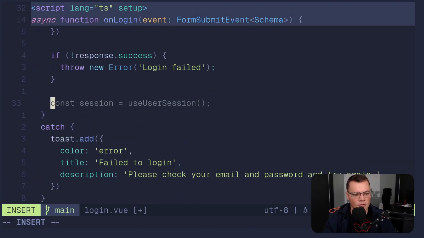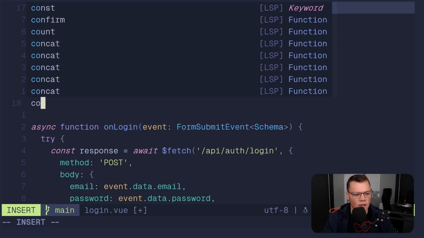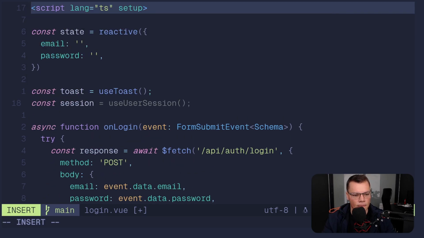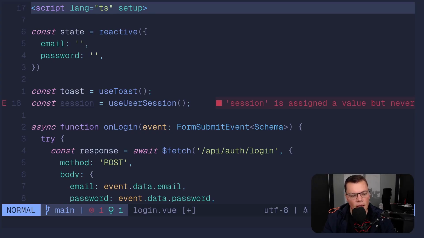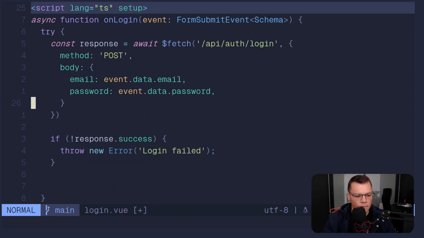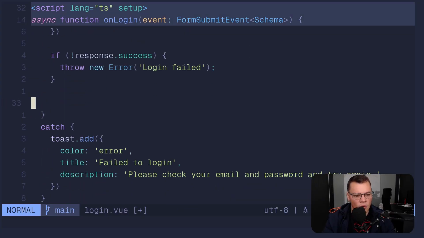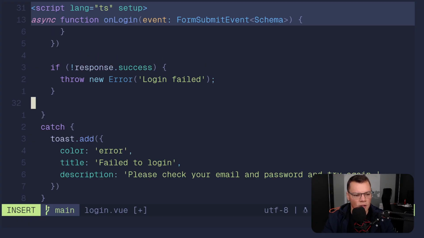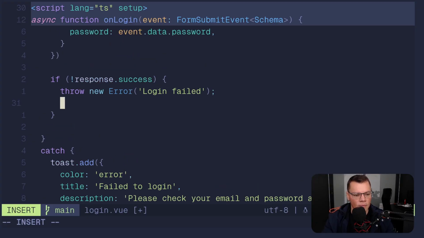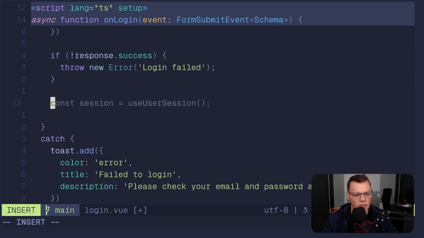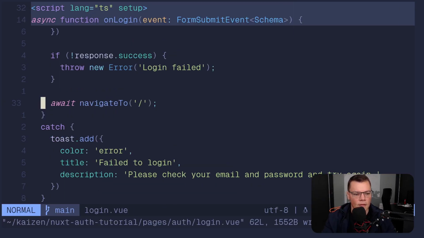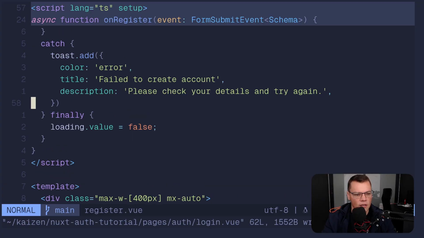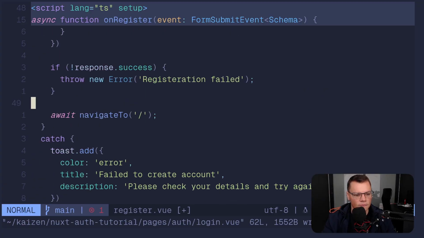And then if it was successful, we can refresh the session again. And actually, instead of doing it in here, let's add it to our auth, the whole refreshing thing, so that we don't have to always remember doing that. We can do it in our auth middleware. So we can say just await navigate to that. And then the same thing in register. Instead of refreshing the session,